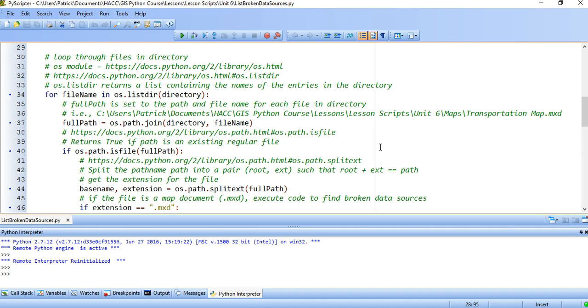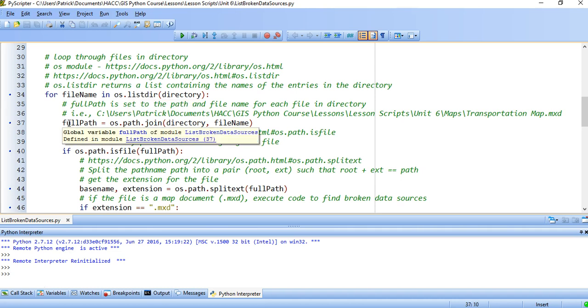And so I want to mention what this is doing again because it seems a little bit complicated and it's a new concept, so it doesn't hurt. So once again, os.listdir is going to get us a list containing the names of entries in a directory. So we pass in a directory variable. So this is a list. So for file name in this list, so for each item in that directory,